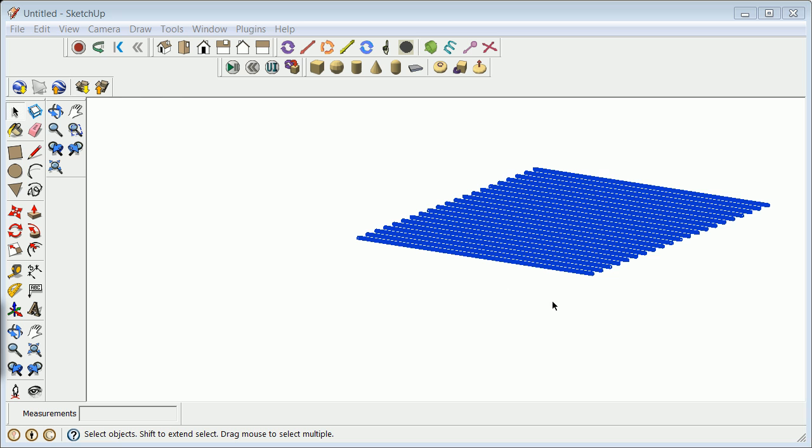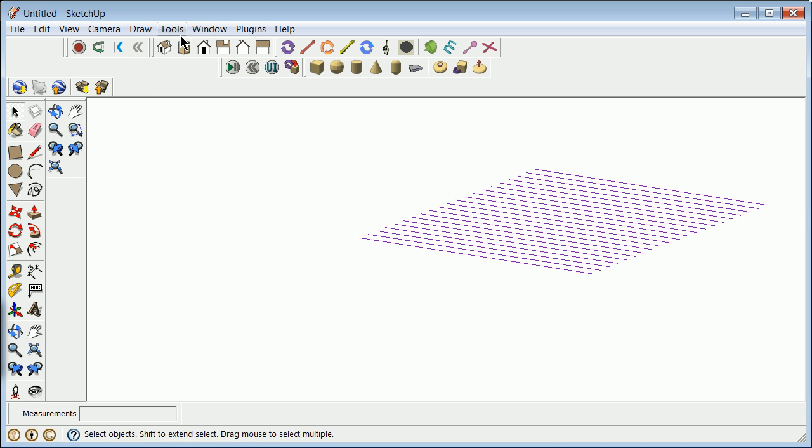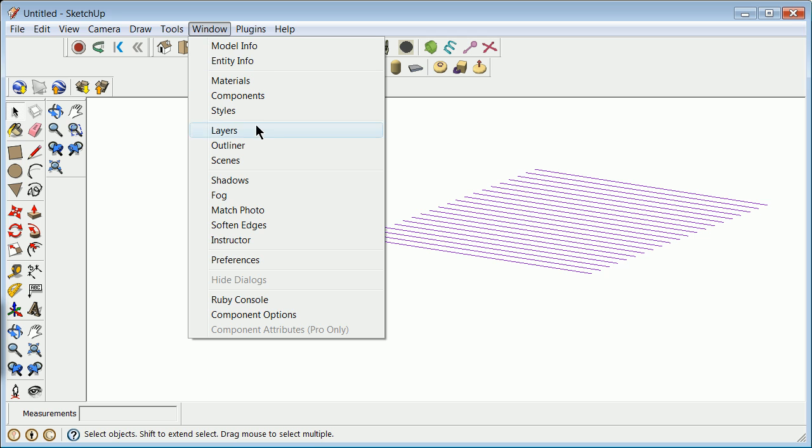This is the second of two videos. What I've done here is I've highlighted everything, and it's in my beams. I'm going to right click and make it a group. So now what we're going to see in a second here, if we can turn on all of our layers,